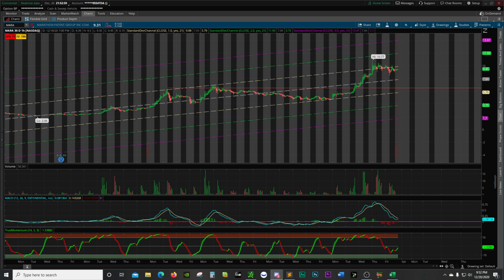So if you want to do swing trading with shares, that's my style. If you want to sell cash secured puts, that's my style. I look at, again, I want to be in a trade for a week to a month, no longer than a month and a half. And I look for time frames based off of those expectations.